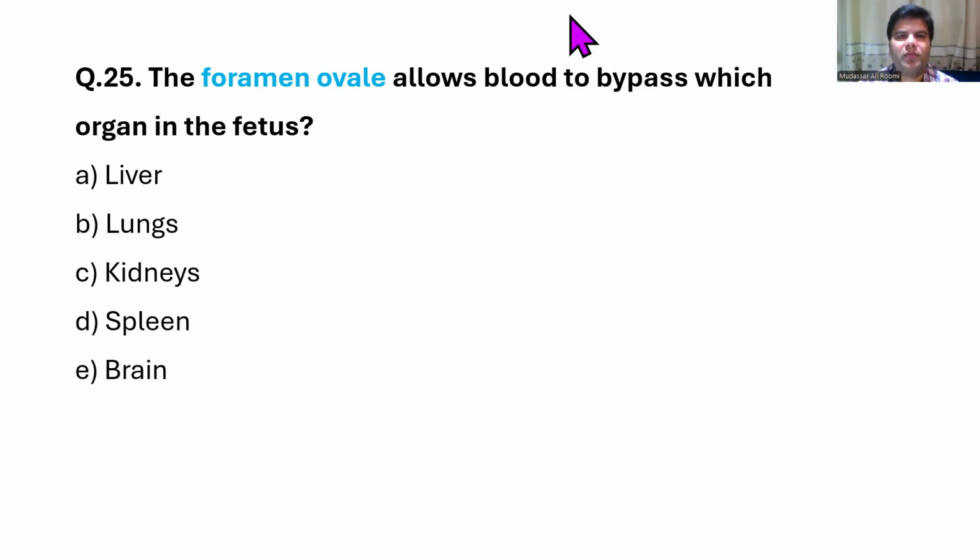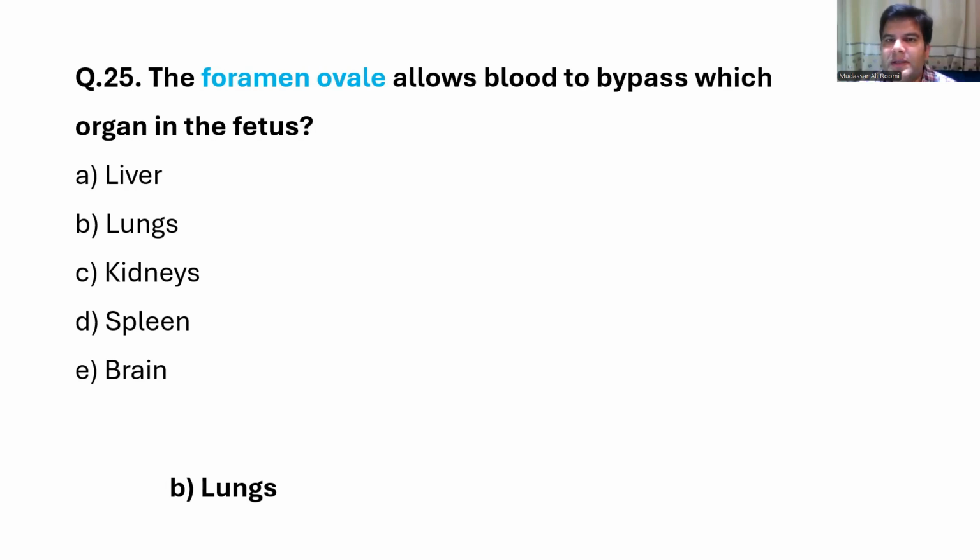Next question: foramen ovale allows blood to pass to which organ in the fetus? Options are A, liver; B, lungs; C, kidneys; D, spleen; E, brain. And the answer is lungs. The oxygenated blood which is coming from the placenta in the fetus